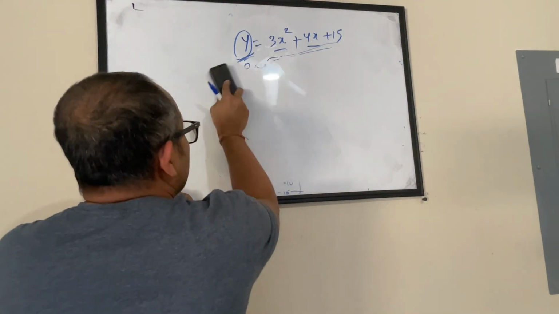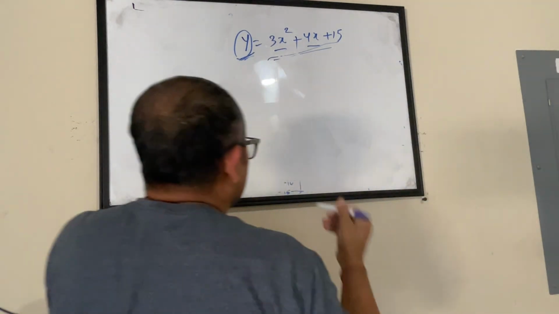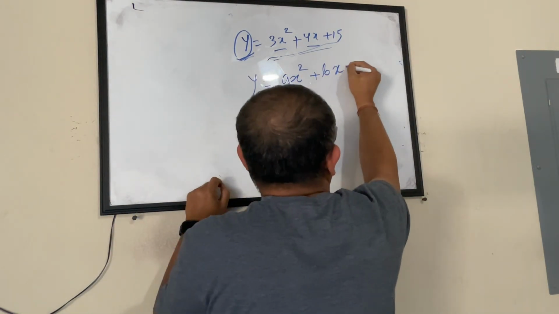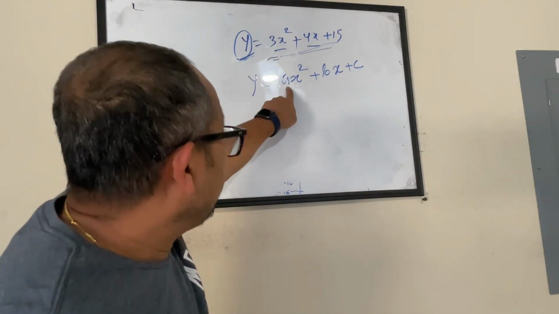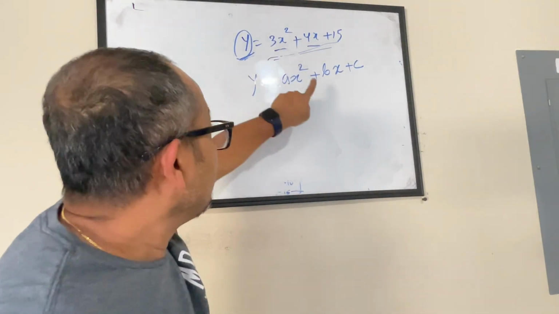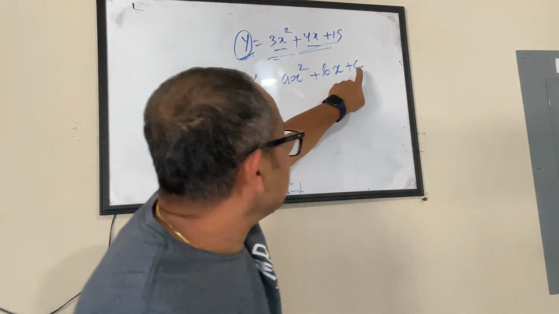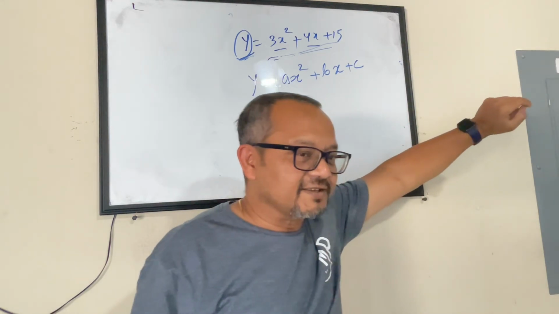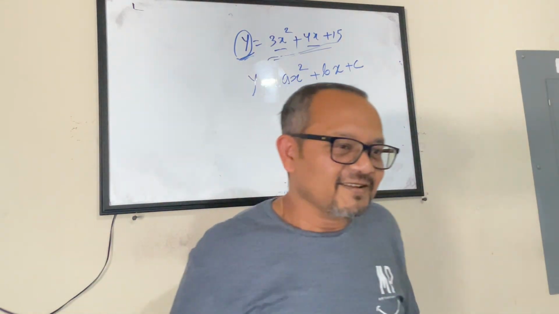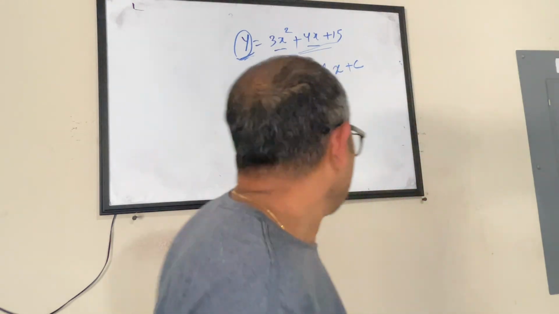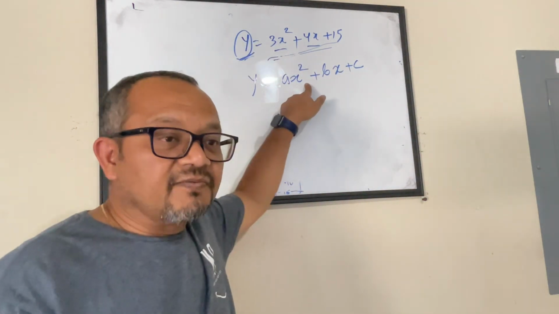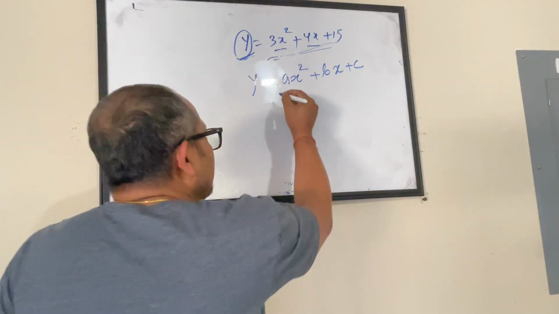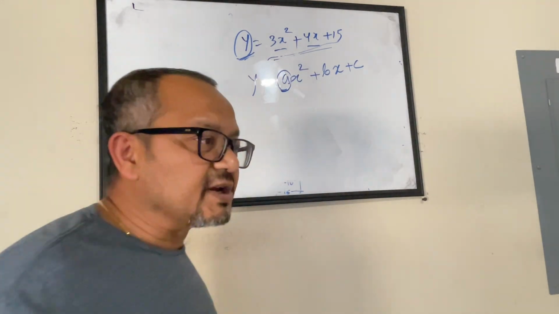Okay. Now, there was one more thing that I talked about in the beginning and said, any quadratic equation can be written in standard form as ax squared plus bx plus c. So a is nothing but the coefficient of x squared, b is nothing but the coefficient of x, and c is nothing but the constant. I'm assuming everybody is with me. Yes, sir. Okay. Now, this is my standard form of a parabola. But how do we make interpretation from this one?